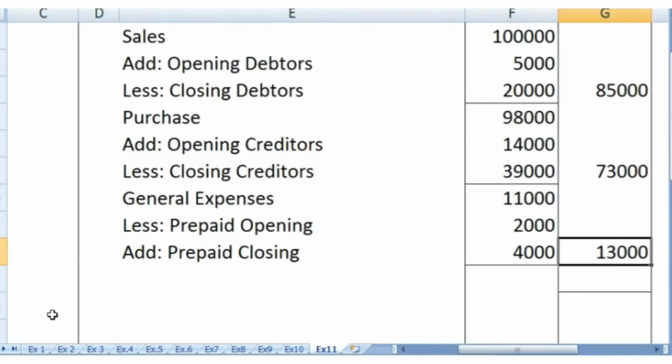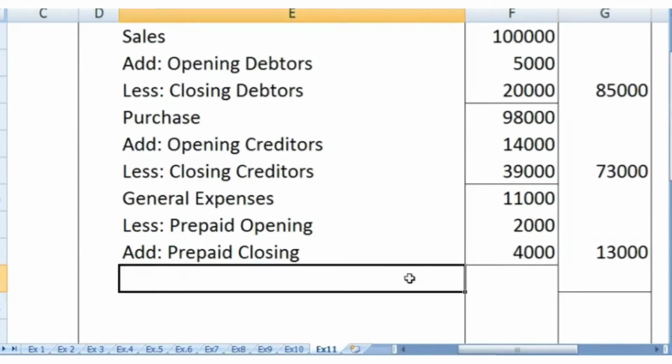Then depreciation is given, but you know that depreciation is non-cash. By depreciation, cash neither comes in nor goes out. That's why depreciation is not considered here. Income tax paid is given, that is 2,000, and there is no other information given in the balance sheet about the income tax, right? So income tax is 2,000 rupees you paid.